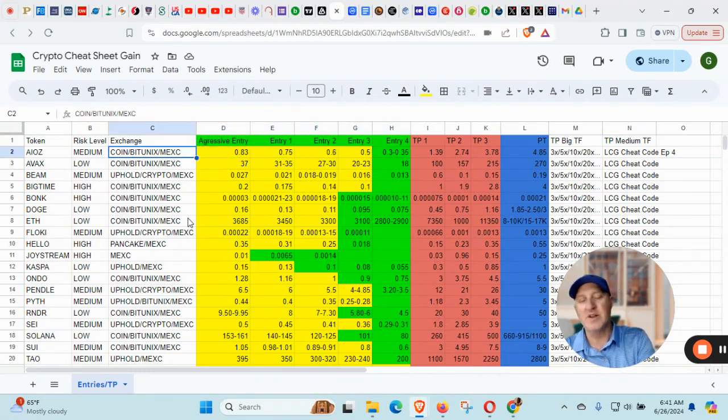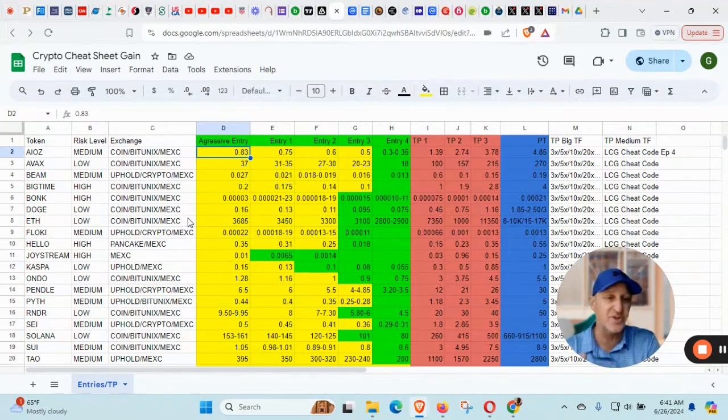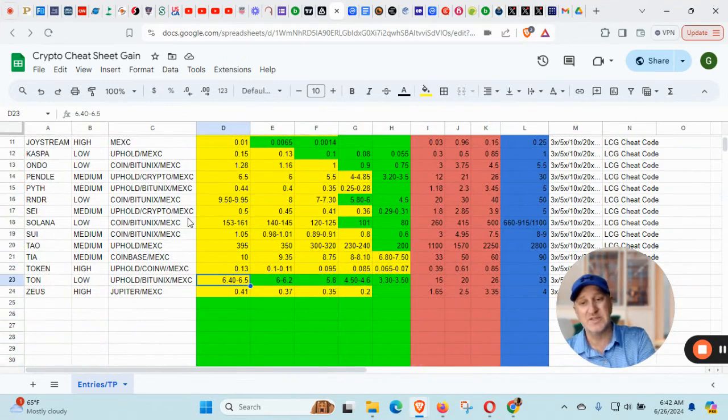Some people break it up where they put the least amount of money here and the most amount of money here. But the problem I have with that strategy, and it's an okay strategy, and if you do that, that's fine. It's your money. But the way I do it is I split it up evenly. Why? Because sometimes only the aggressive entry gets hit and the last entry doesn't get hit. If we look at TON coin, I gave this entry at $6.40. TON coin then took off to around $8 and has since come back to around $7.